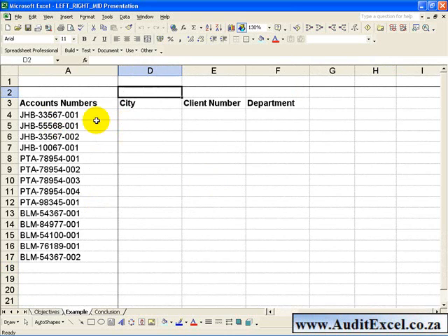In this example, we have a list of account numbers, and what we'd like to do is split them up, because if you look at the account number, you'll see that the first 3 letters appear to indicate the city. The next 5 numbers is a client number of sorts. The last 3 numbers is the department. And we'd like to split it up so that perhaps we can compare it to other reports which are not